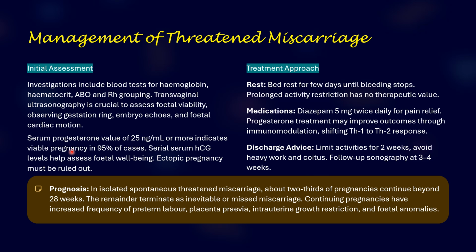Okay, if it is at least 25, that means the pregnancy will continue in 95% of the cases. Okay, and then serum HCG level helps assess fetal well-being, and here ectopic pregnancy must be ruled out. So the treatment approach is rest, bed rest for a few days until bleeding stops. Prolonged activity restriction has no therapeutic value. Medication: diazepam 5 mg twice daily if there is pain, for pain relief, and